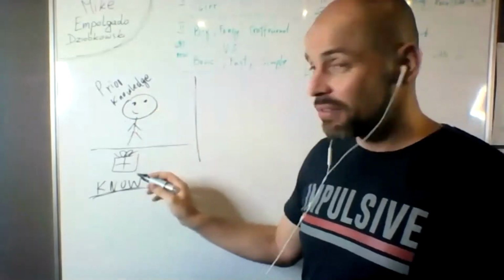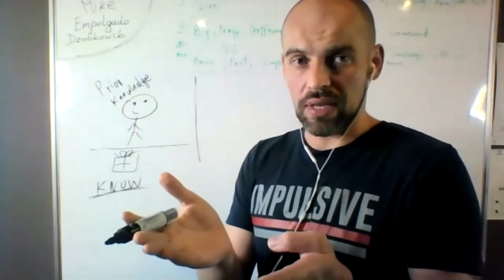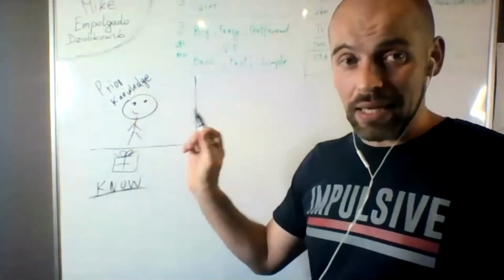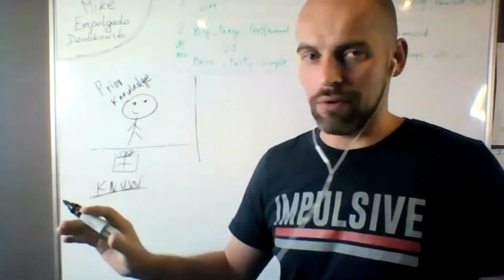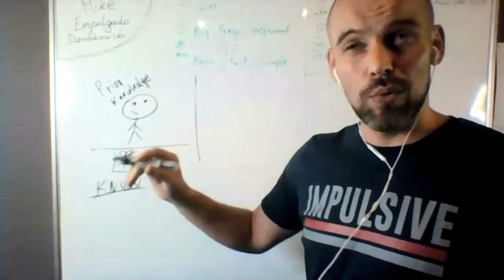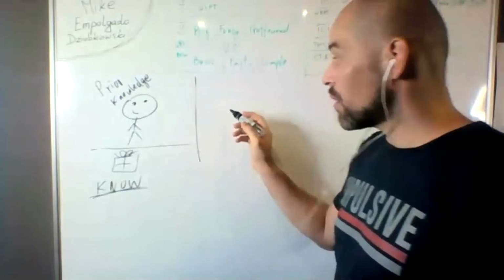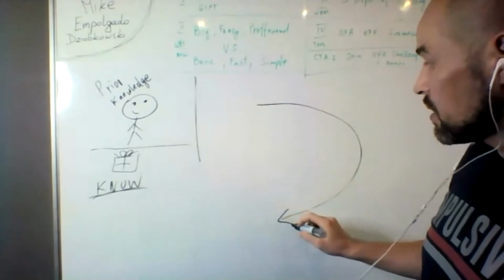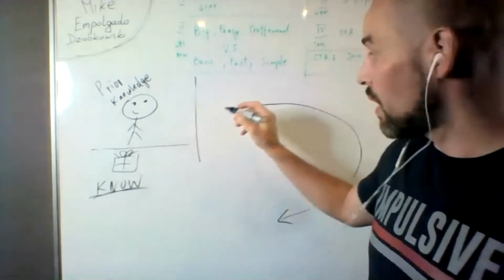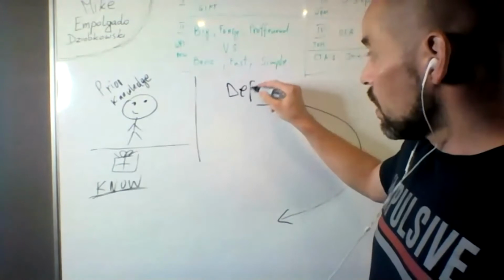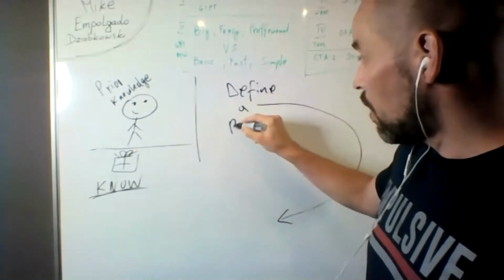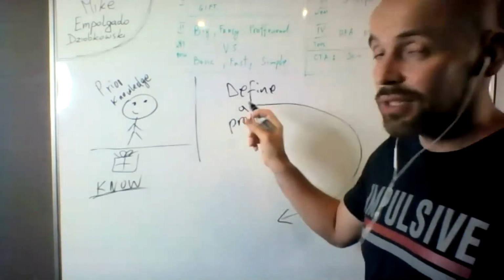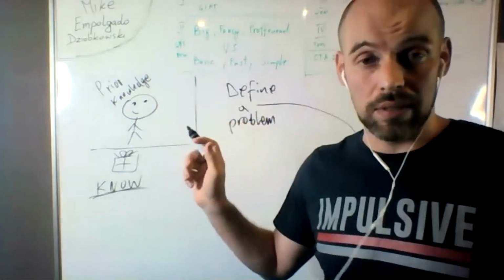Now, if you give them something, you offer a gift to someone as a starter, then they are ready to listen, but they're not ready to take whatever you give them. They're just ready to listen to what you possibly want to tell them. So this is where the real inquiry cycle starts. And it works like this. First, we're going to define a problem, which has to be originated by the students, right?